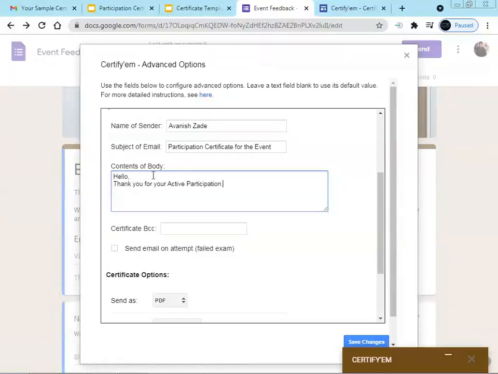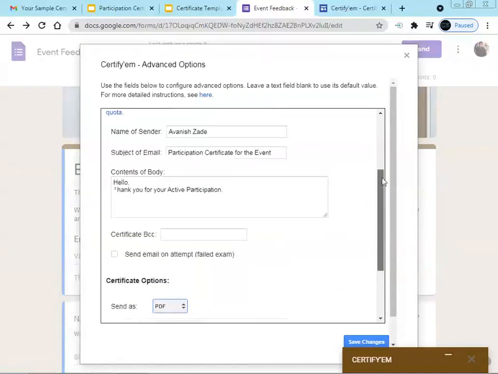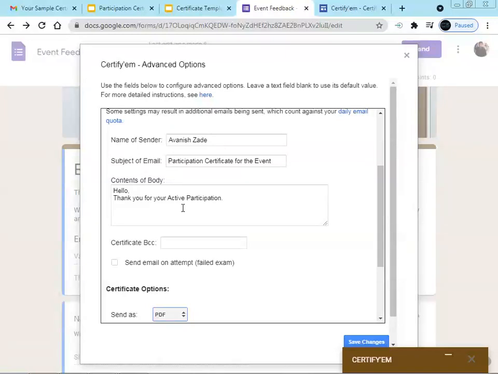Okay, you can add much more there. Next we have how we are going to send the certificate. We are going to send the certificate in the form of image or pdf. So just select the pdf option, and the rest of the options will be as they are. No need to change anything. Don't forget to click on the save changes at the bottom.